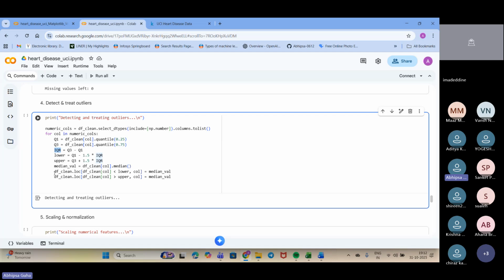Next, df_clean.loc locates the rows where the condition is true, because we have given these conditions. If a value is lower, that is, smaller than the lower boundary, it gets changed to the median value. And when a value is higher than the upper boundary, it is also replaced with the median value, right?